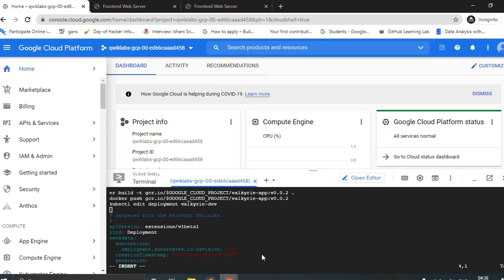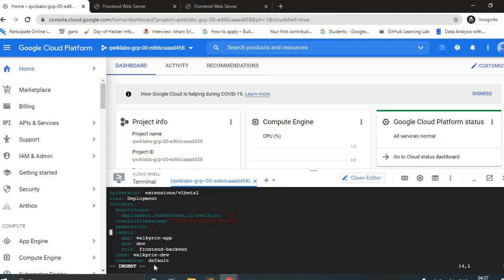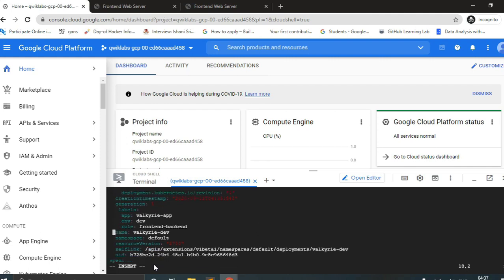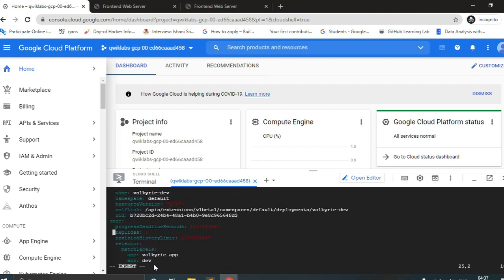We can either go into it by opening the editor, but here we are preferring to use our command line cloud console. So here we will change it under the replicas. We will convert it to 3.